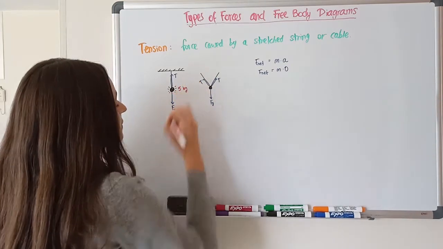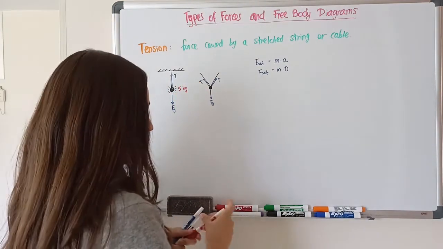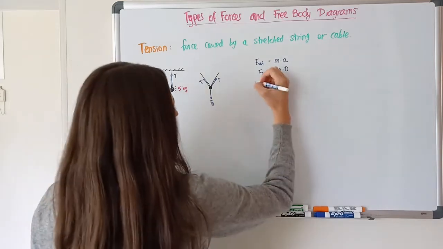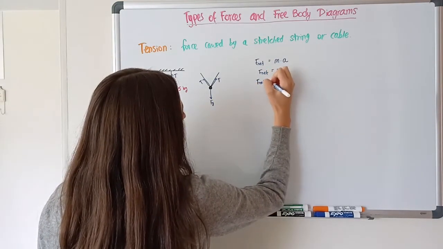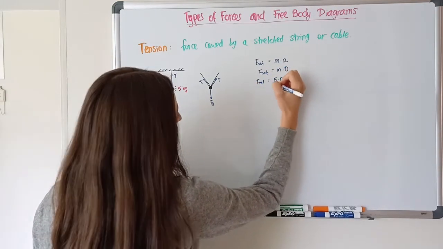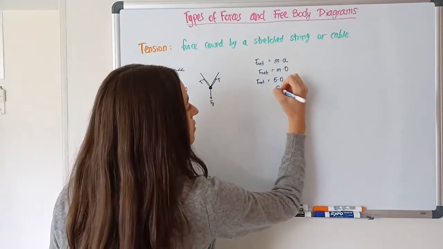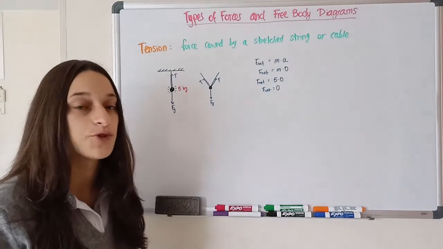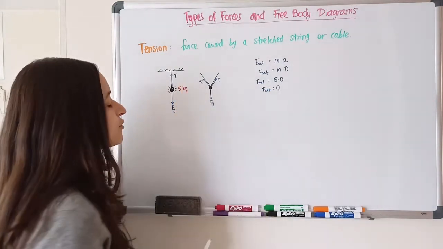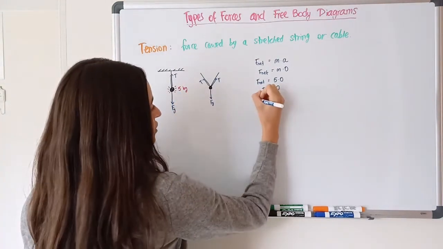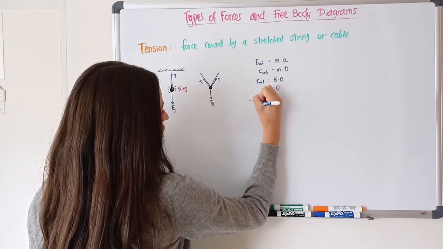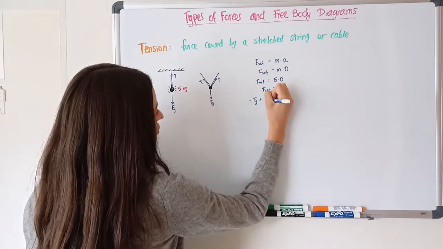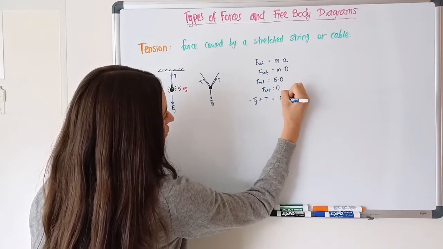So we put that into our equation, and we get that the net force is equal to 5 kilograms times 0. But 5 times 0 is just 0. So the net force is 0. But what makes up the net force? We have a force downwards and a force upwards. The downwards force is negative Fg, and the upwards force is tension, and that is equal to the net force,